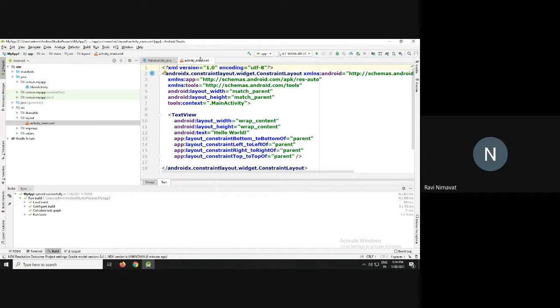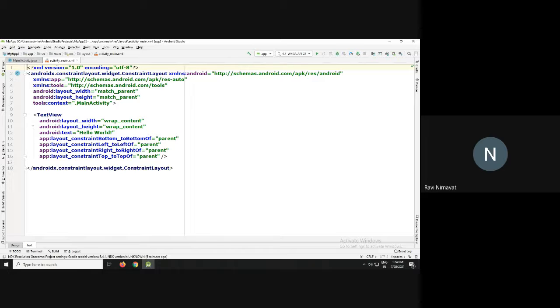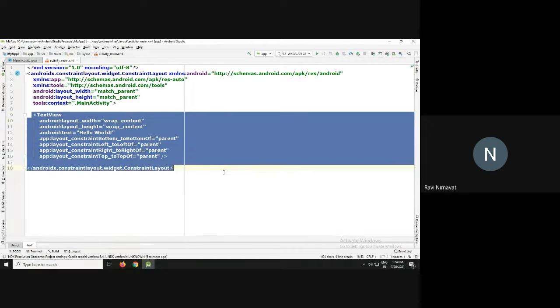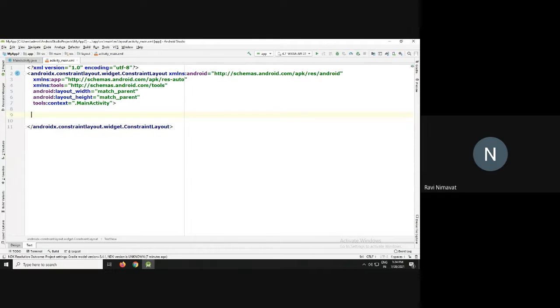Okay. So in the activity_main.xml file, we will create our UI. Ready? So I will do the demo.